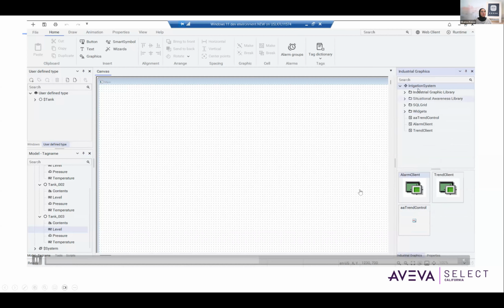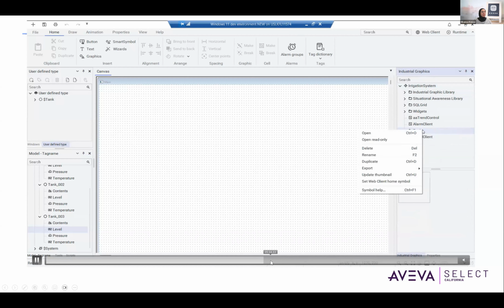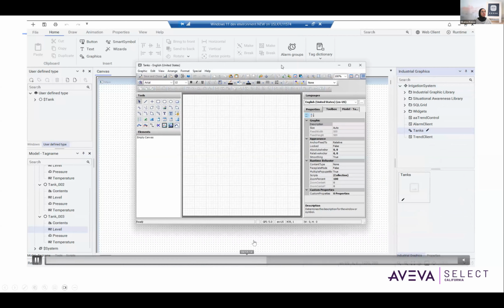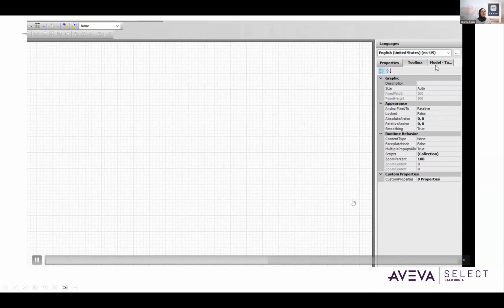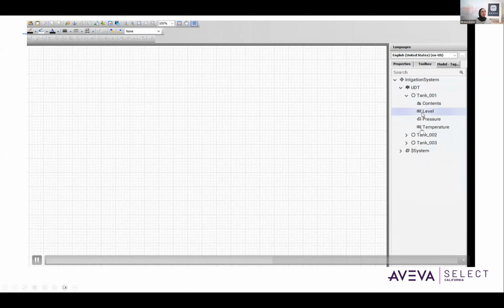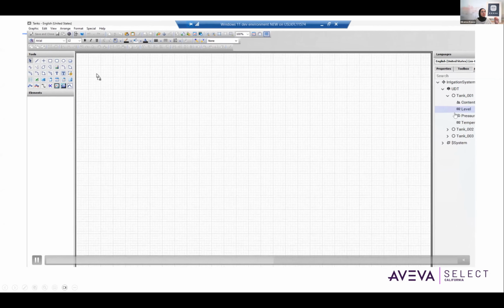All right, so the rest of the video just goes through how to create a graphic and immediately map the references, because you can browse assets now. So it's much easier to map the references. As you could see, if you go to the model tag name here, you just drag and drop that specific instance